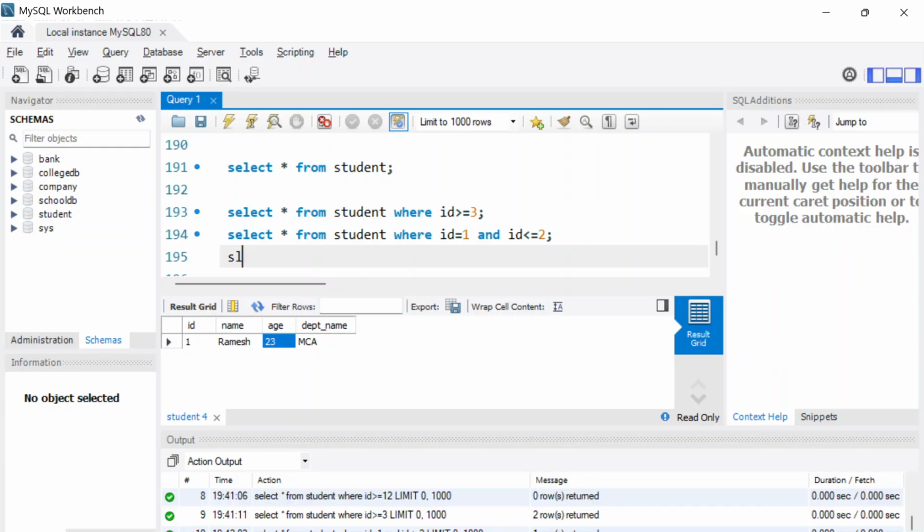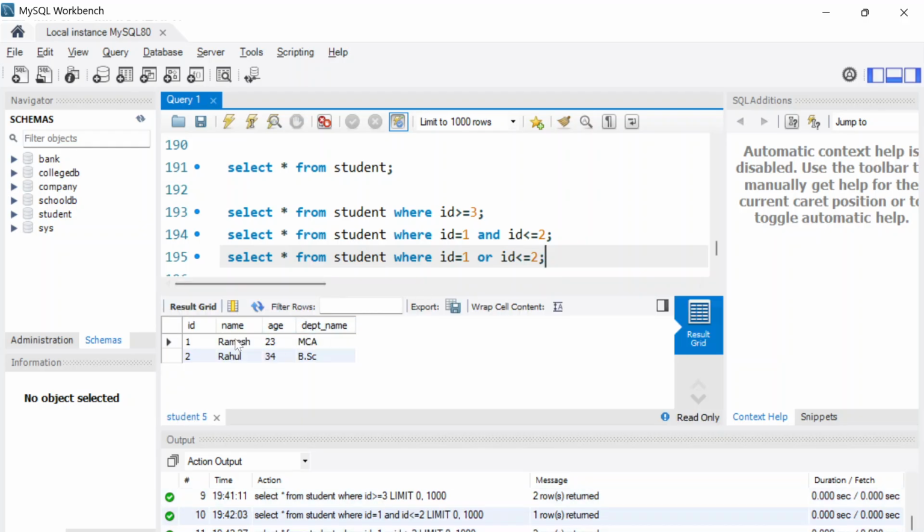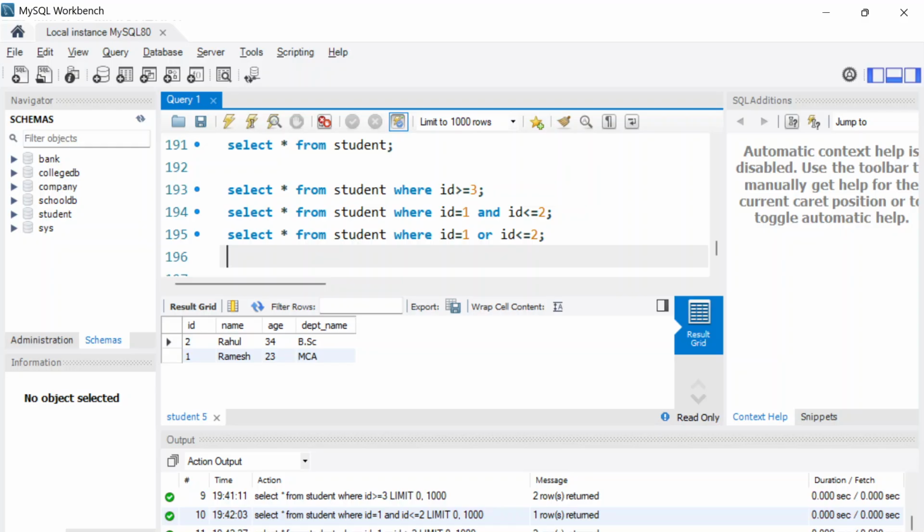Okay, and the same query with the OR command, where id equal 1 or id is less than equal 2, then it will give 2 ids, 1 or 2. It is because in the first query it will see that 1 is true, so it will give the 1, and in the second query it will check that 1 is already present, so it will not perform the operation again, and in the second operation it will see that id is equal to 2, that is less than. Okay,